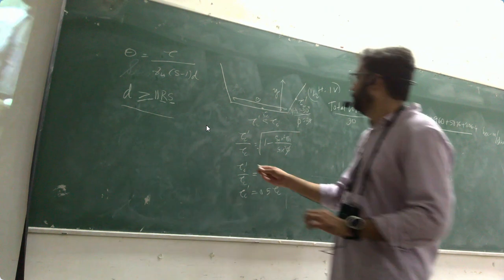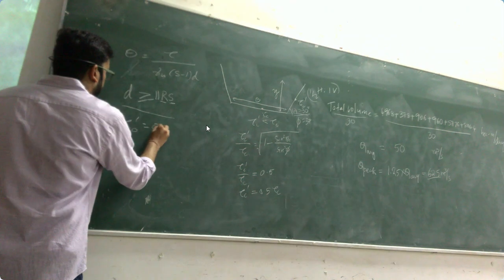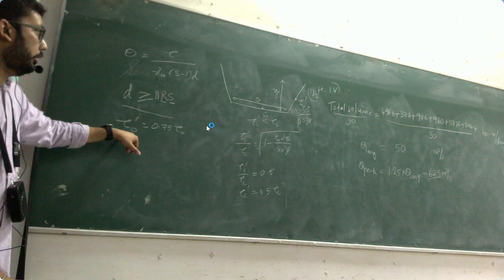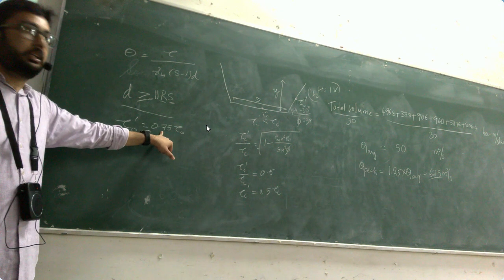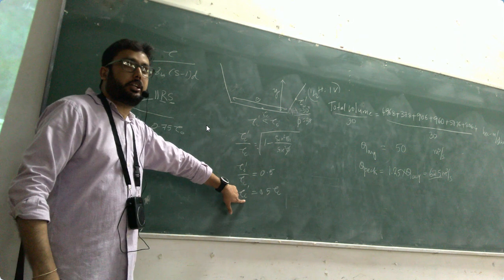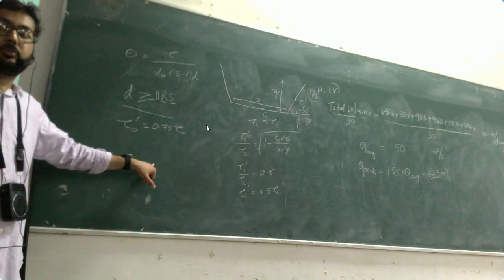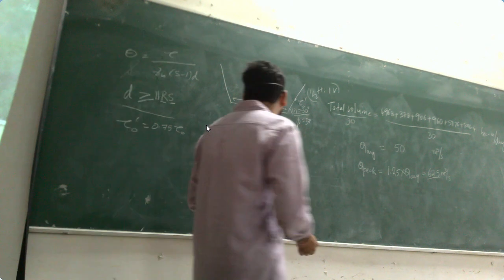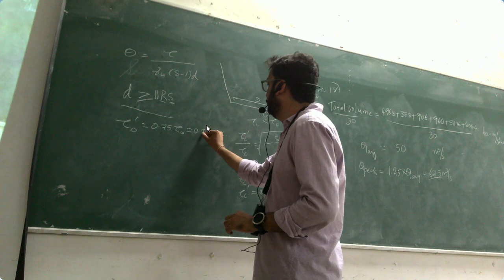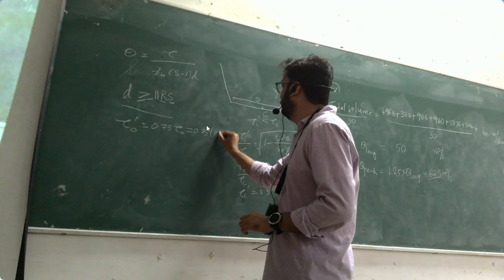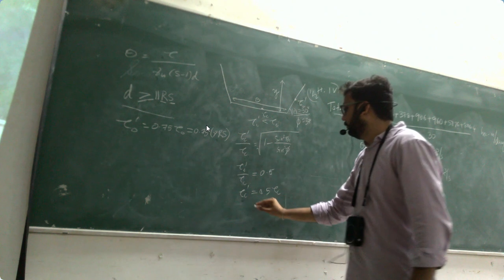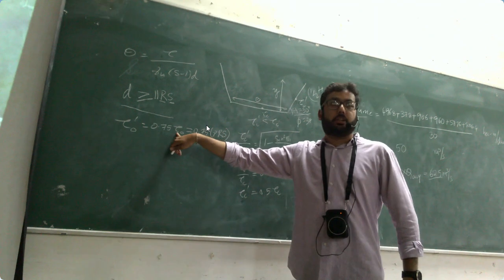Now, say tau naught is the actual shear stress on the bed, then the tau on the sides is 0.5 of that. So this is the critical condition. Critical condition is when the flow is just enough to start moving the sediments, whereas tau naught is the actual condition. And gamma RS from open channel flow. So now RS is at the actual condition, and if at the critical condition,